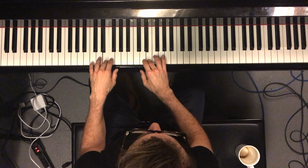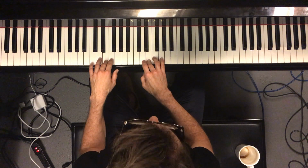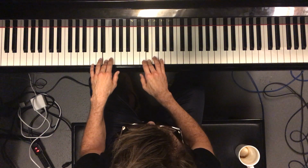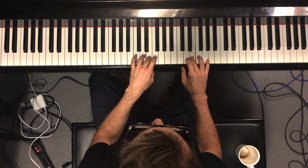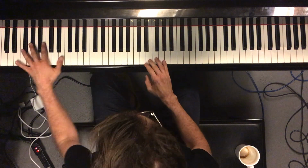You base your scale off the 3rd, and now you're in E, but it's E Phrygian, because you have relative to E. Well, I'm not going to go through all the relatives. I'm just going to say it's Phrygian and play this because I don't want you to get too overwhelmed. E Phrygian. So that's...